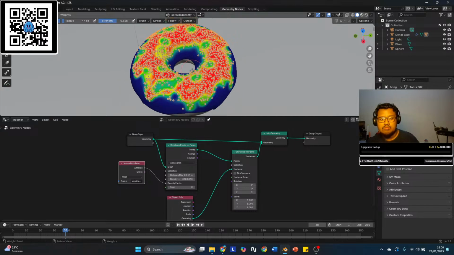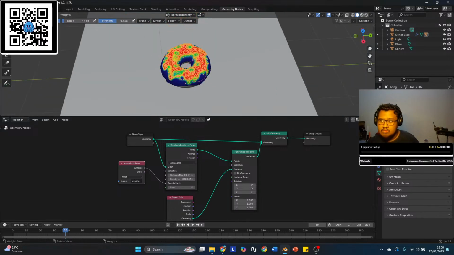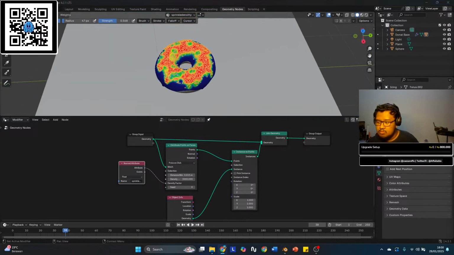You'll notice each of these spheres have a very jagged looking shape, and that's because